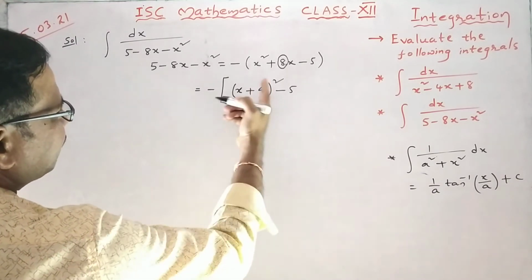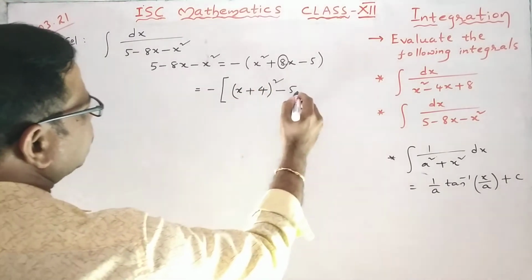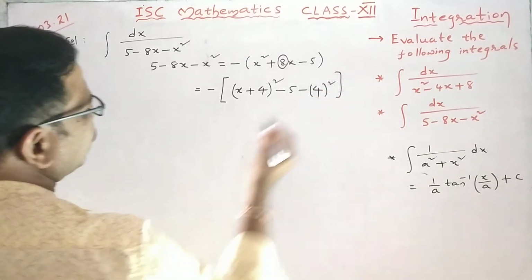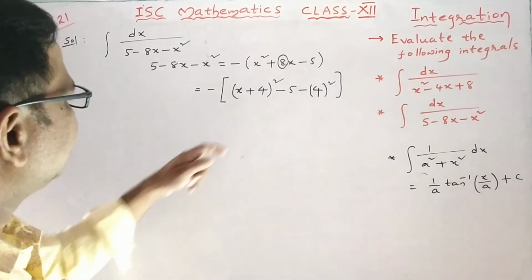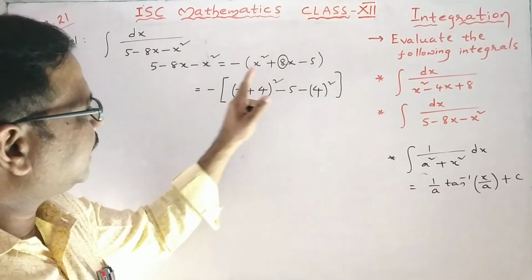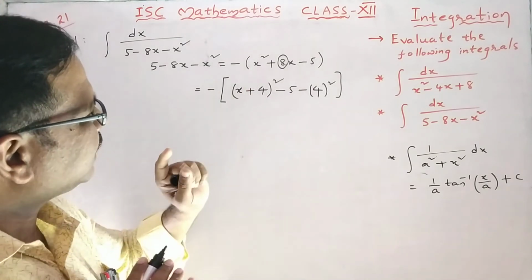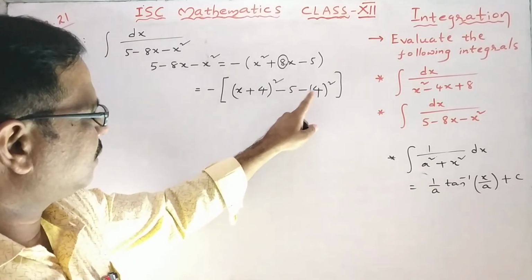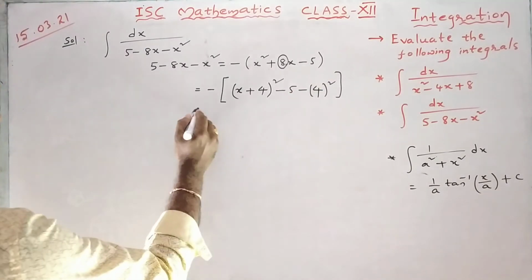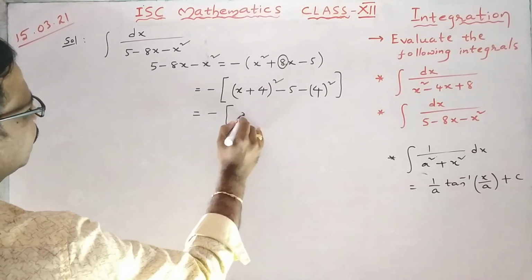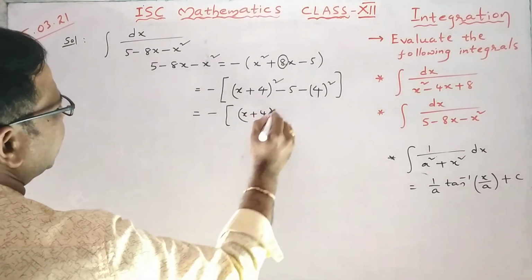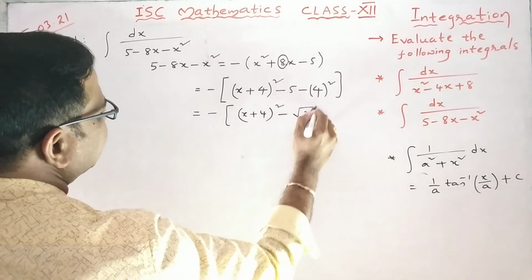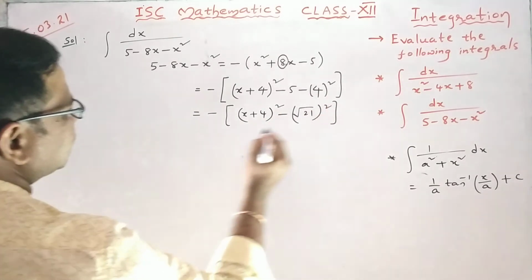Whatever number we have here, either plus 4 or minus 4, we have to subtract that number whole square. Here plus 4 is there. Always this will be minus whole square. So minus of x plus 4 whole square minus 5 minus 16, minus 21,